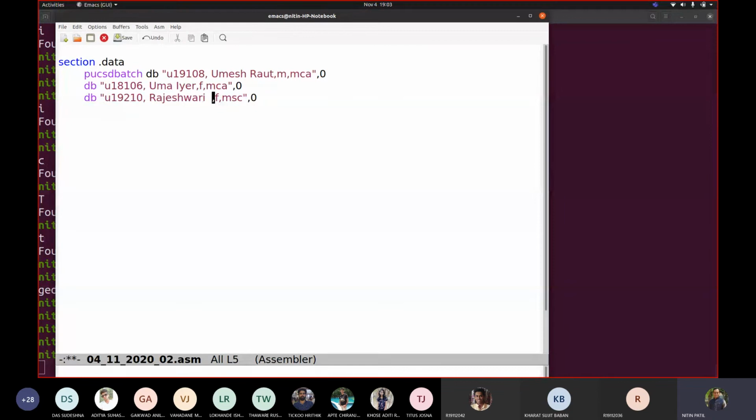Suppose now I have this data. What I want is to find out how many of them are from MCA and how many of them are from MSc. What am I required to do here? Can you give me an idea? If suppose this is a string available, we are going to declare a few variables here which we are going to make use of. So that's not the issue. I want you to tell me how exactly you will write this code. Suppose you have to write this code and you want the number of students listed such that they are from MCA or they are from MSc. How will you write this code?